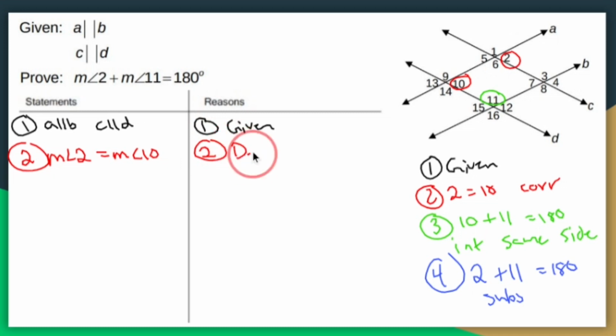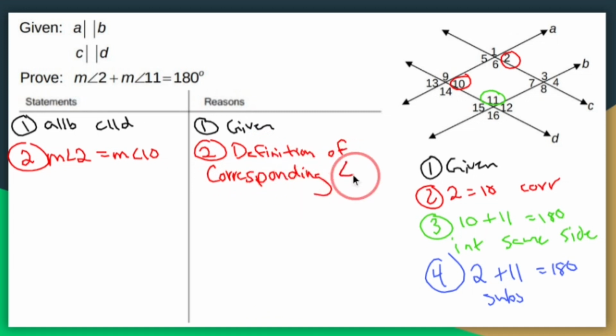So we could say the definition of corresponding angles. Use symbols. You're allowed to. What color did I use next? Green. Step 3: the measure of angle 10 plus the measure of angle 11 is 180 degrees, and that's because